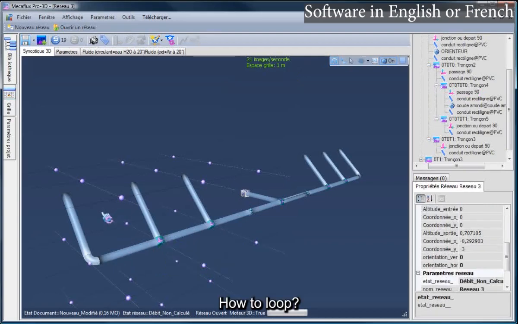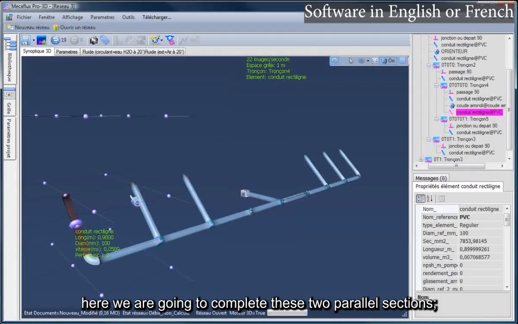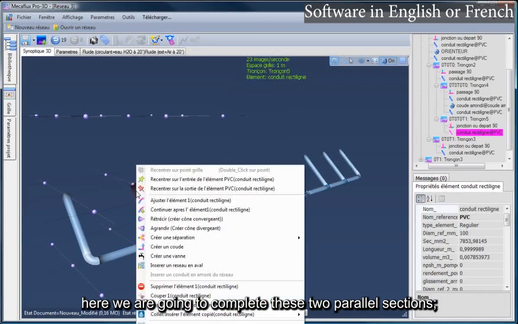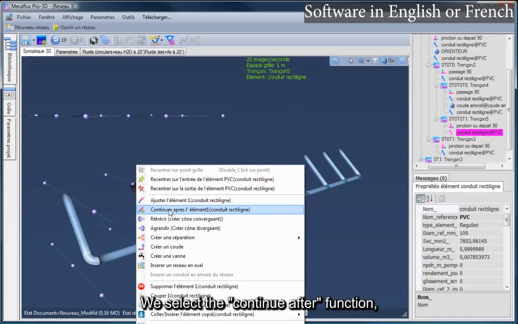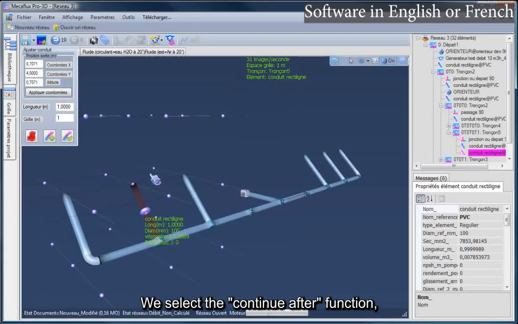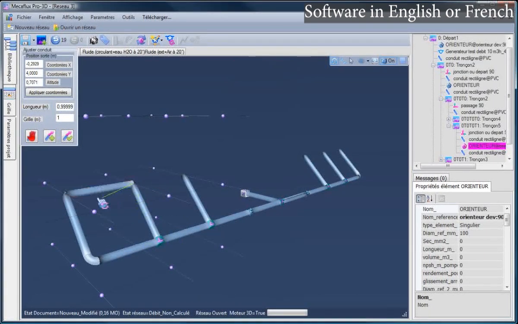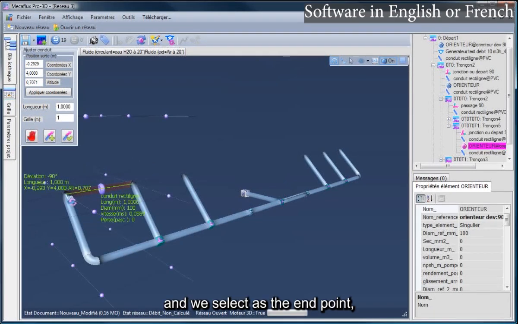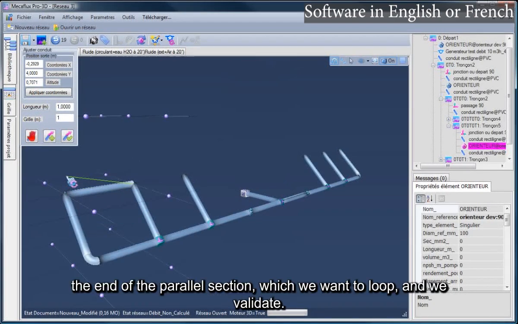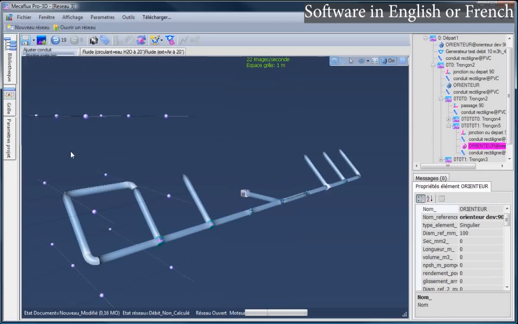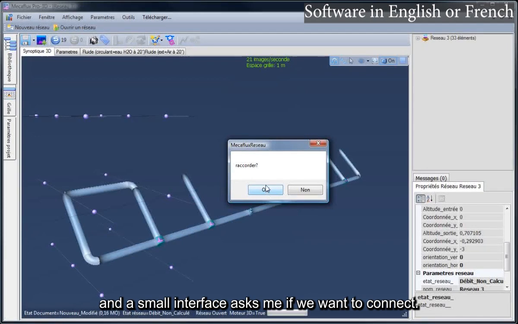How to loop? Well, it's simple. Here we are going to complete these two parallel sections. We select the continue after function, and we select as the end point the end of the parallel section which we want to loop, and we validate. And a small interface asks me if we want to connect.